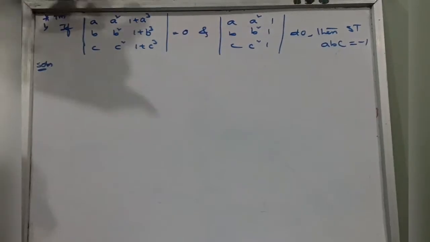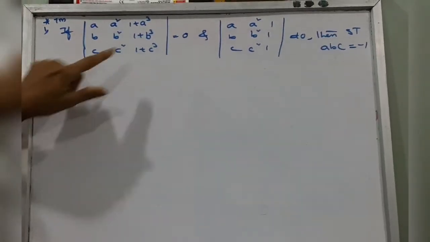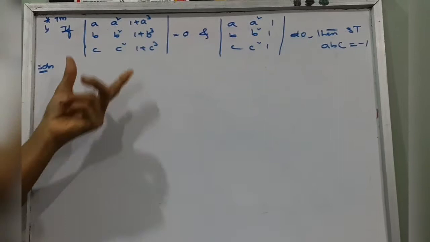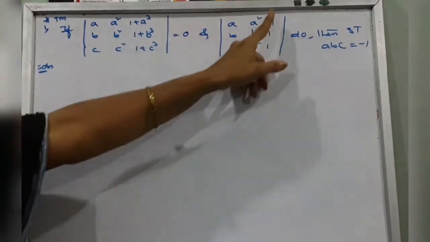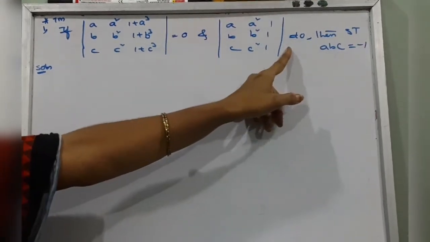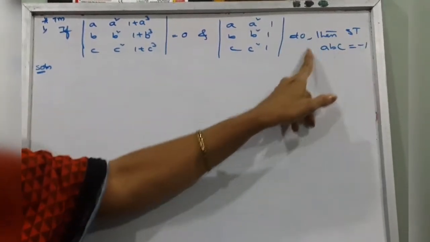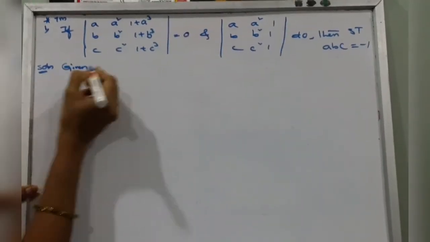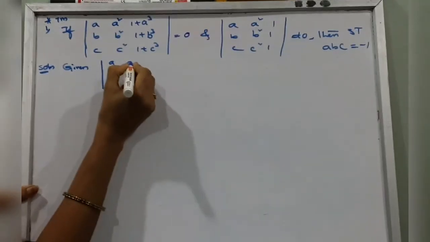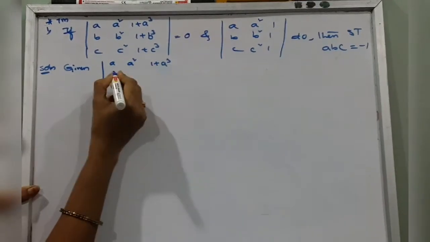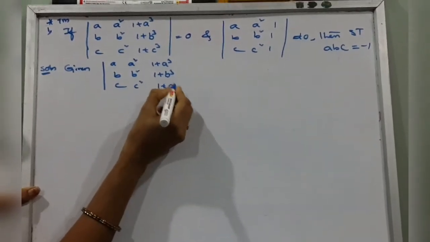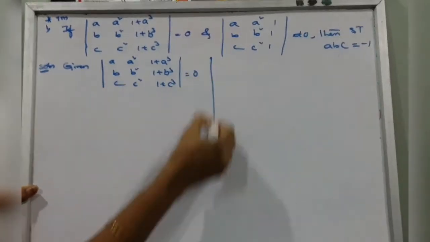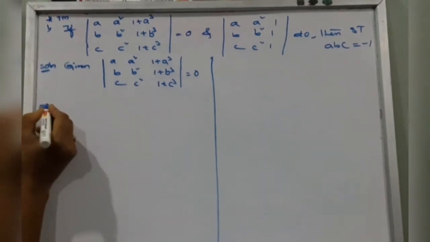So here, given the determinant of a square, 1 plus a cube; b square, 1 plus b cube; c square, 1 plus c cube is 0, and the determinant of a, b, c; a square, b square, c square; 1, 1, 1 is not equal to 0. We have to prove ABC is equal to minus 1. Then, given this determinant is equal to 0,